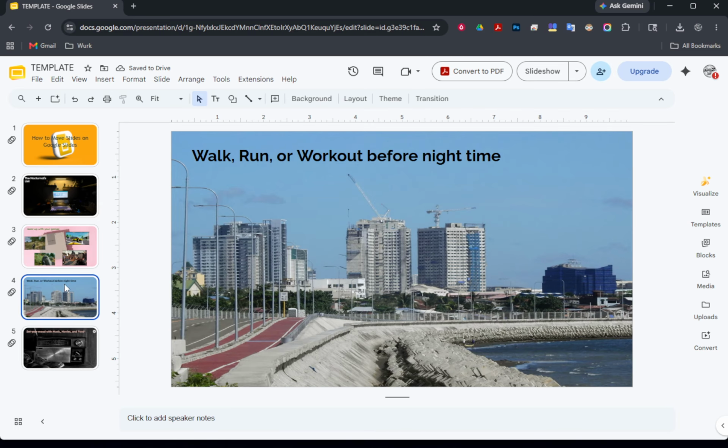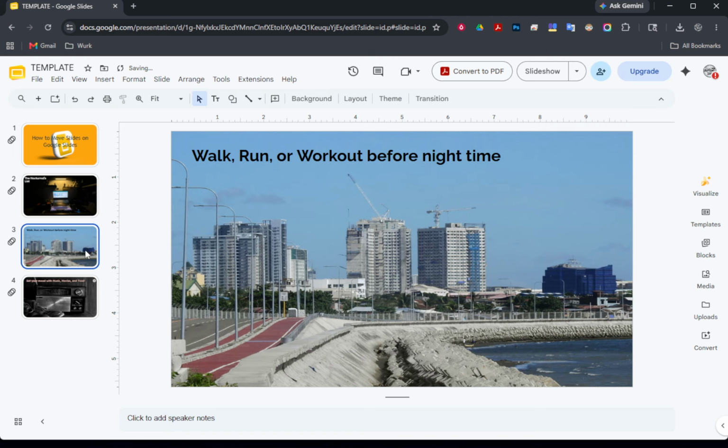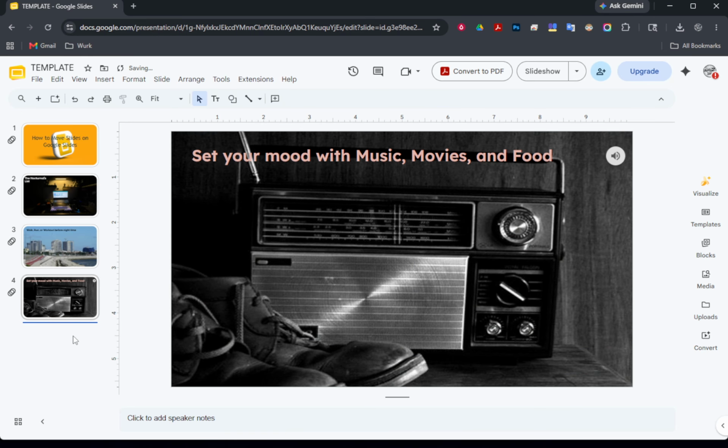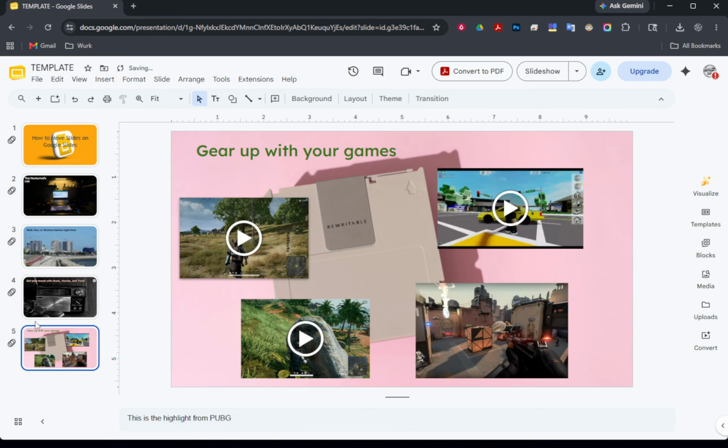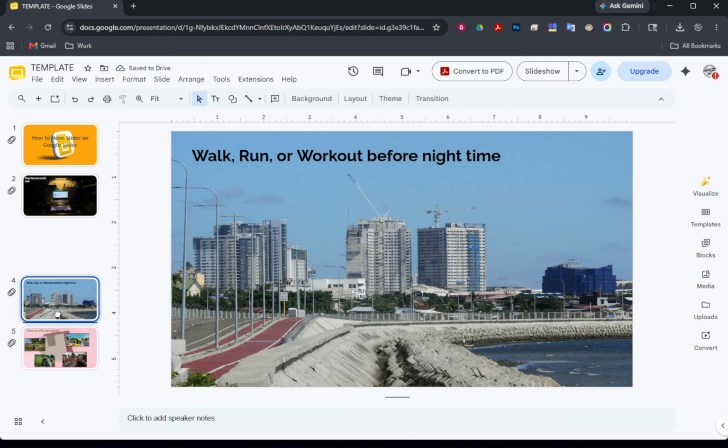If you're working on a phone or tablet, the idea is the same as drag and drop on desktop. Open your presentation, press and hold the thumbnail of the slide you want to move, then drag it to the new spot in the list and release. Look for the placement line if it appears and adjust until you're happy with the position.